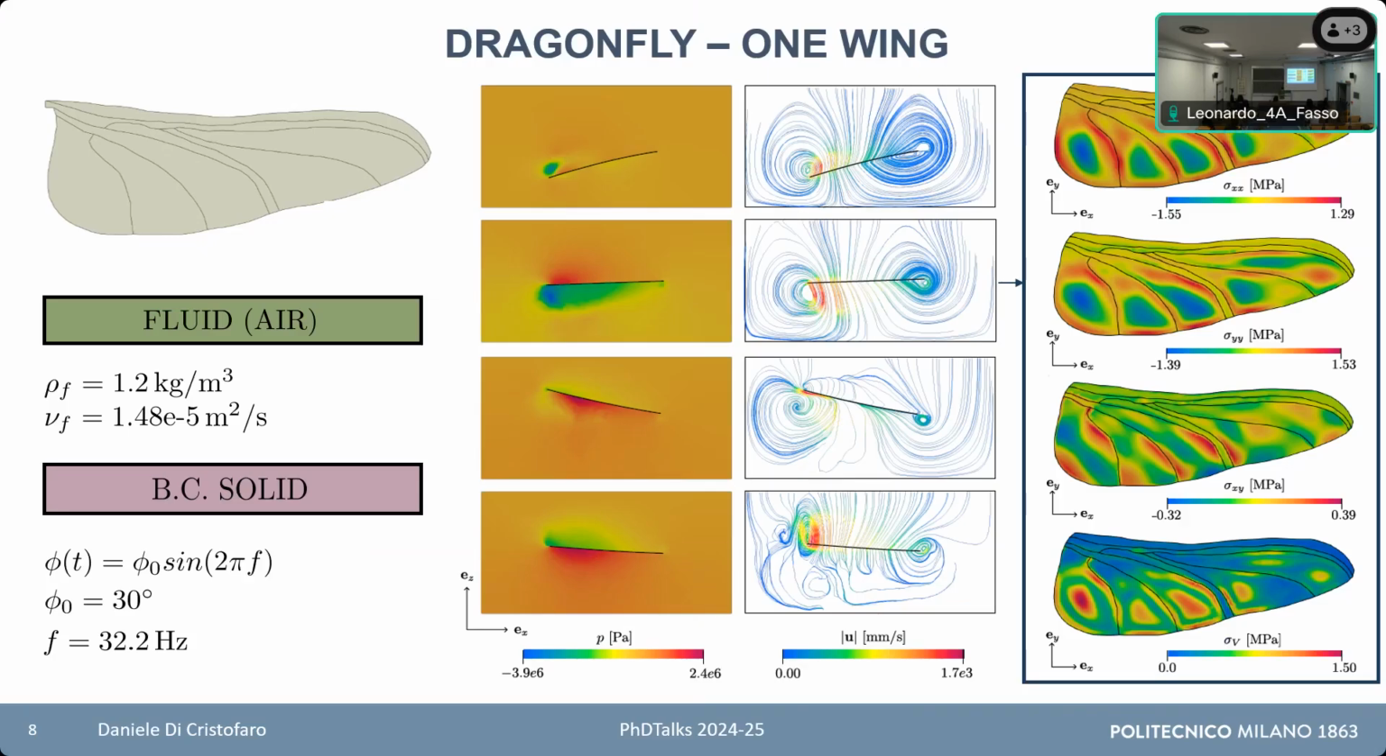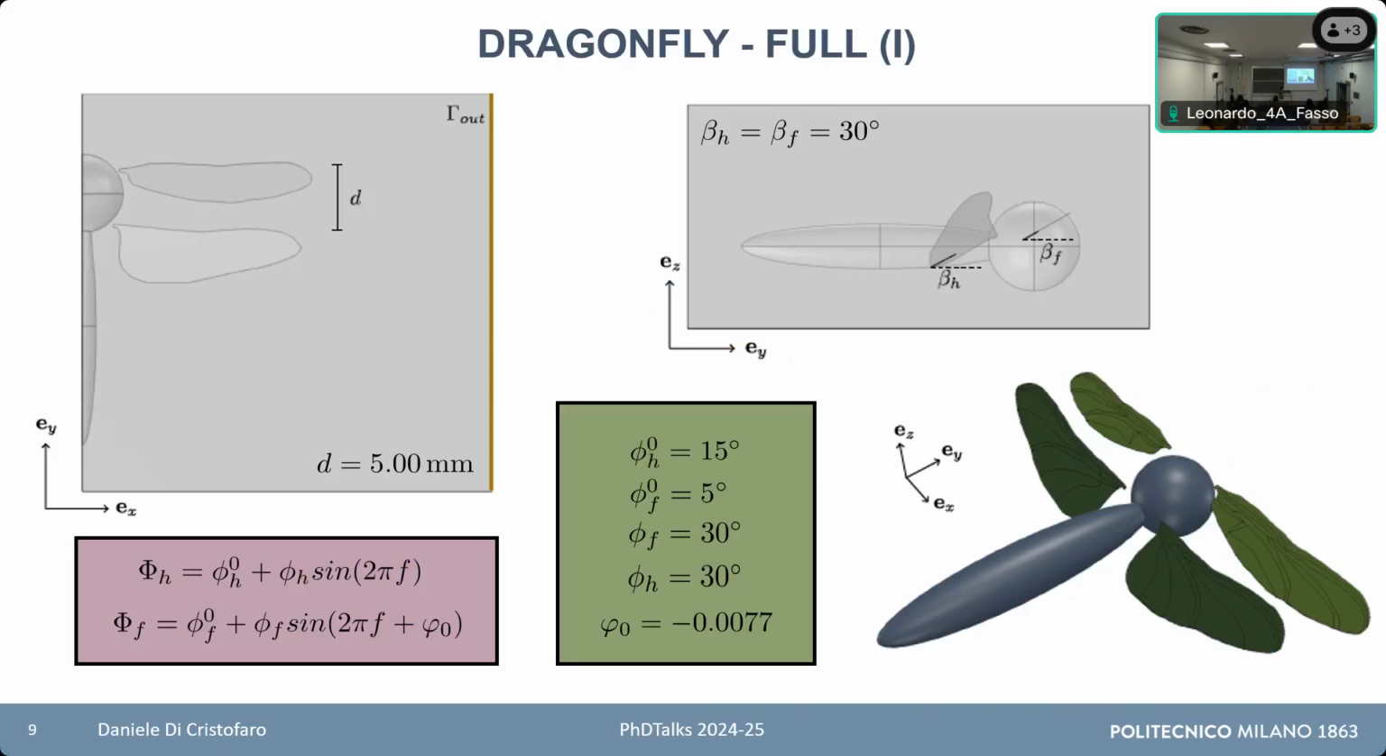And after that, we move to the complete dragonfly. So we include both the wings, and we also discretize with some solid parts the body of the dragonfly. Of course, we are smart, and so the dragonfly is symmetric, so we simulate half of the dragonfly. Okay, you can see here half of the fluid domain, and we also impose some realistic